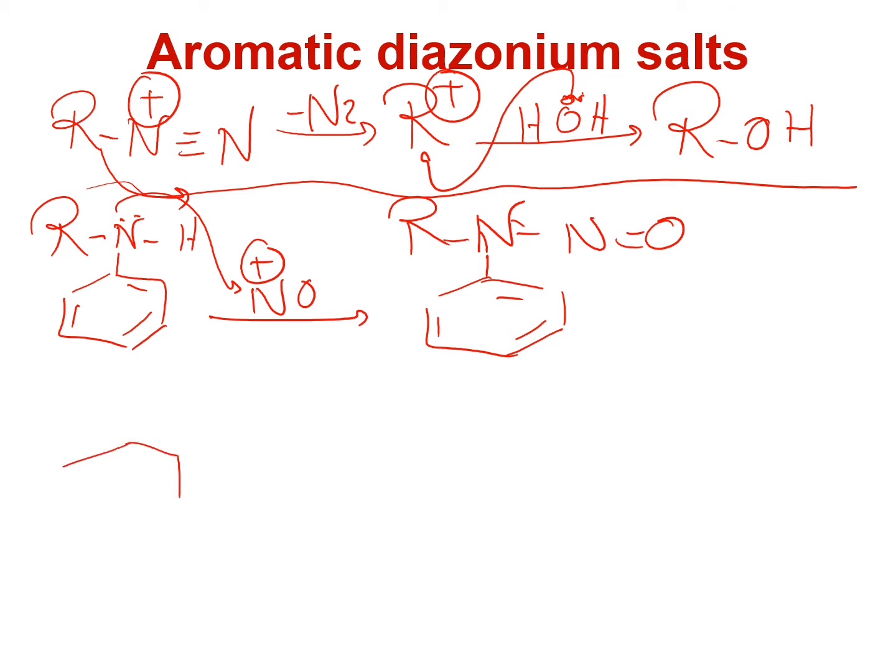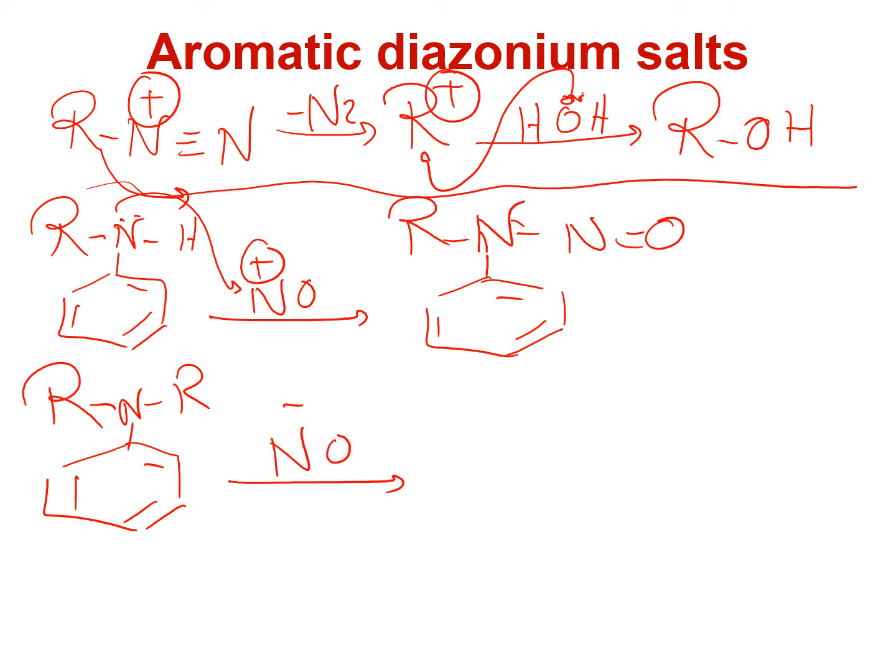How about tertiary amines? If you have a tertiary amine, you have no hydrogens, so if you reacted with the positively charged nitroso group, you have no hydrogen on this nitrogen to attack this nitroso group. What actually happens is that the ring is the one that will attack the nitroso. Now the nitroso is acting as an electrophile, and you have a benzene ring having electrons in it, so you end up with the